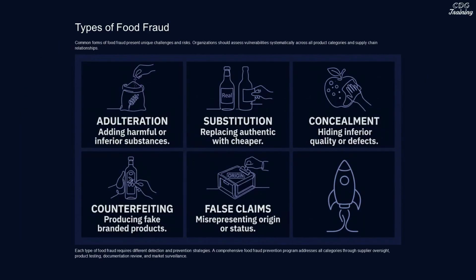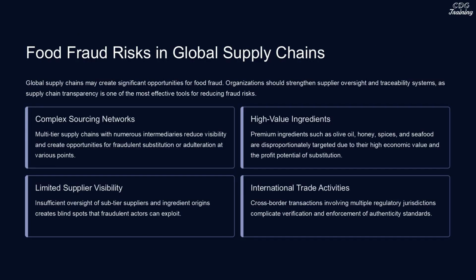Common forms of food fraud present unique challenges and risks. Organizations should assess vulnerabilities systematically across all product categories and supply chain relationships. Global supply chains may create significant opportunities for food fraud. Organizations should strengthen supplier oversight and traceability systems, as supply chain transparency is one of the most effective tools for